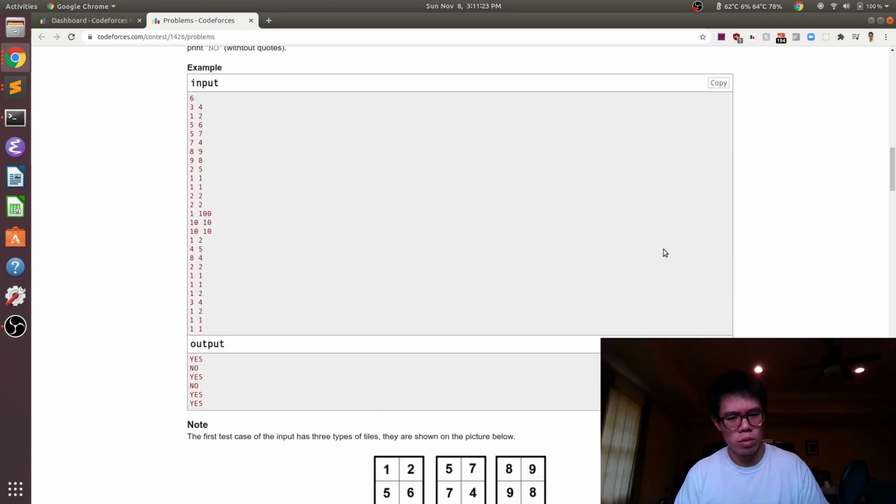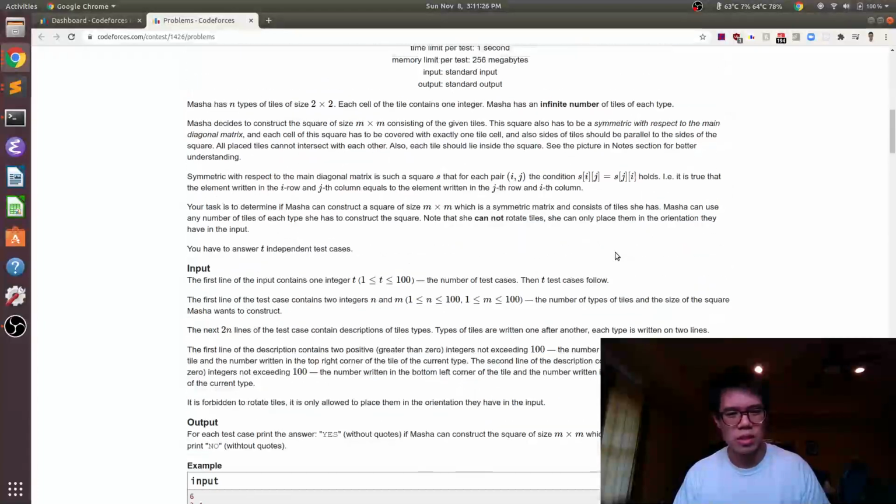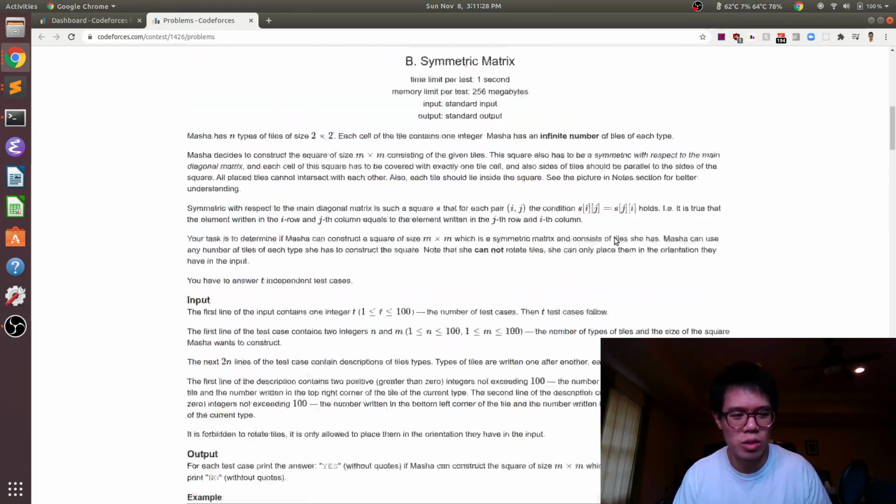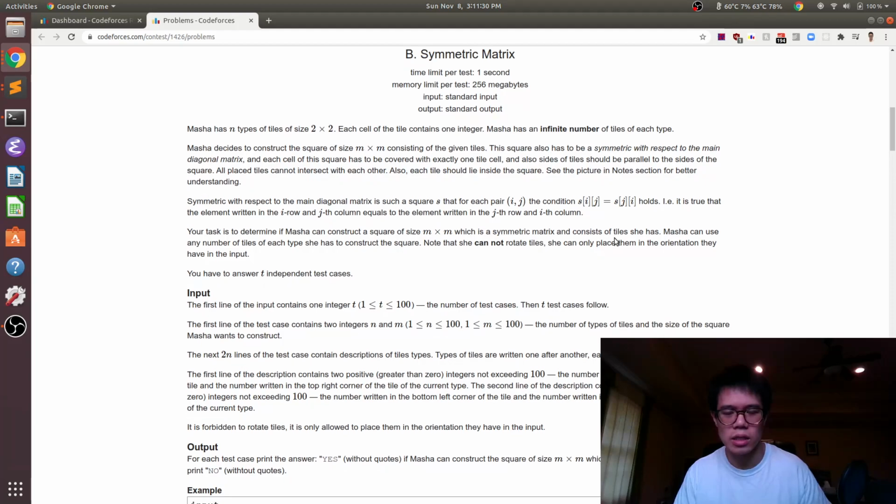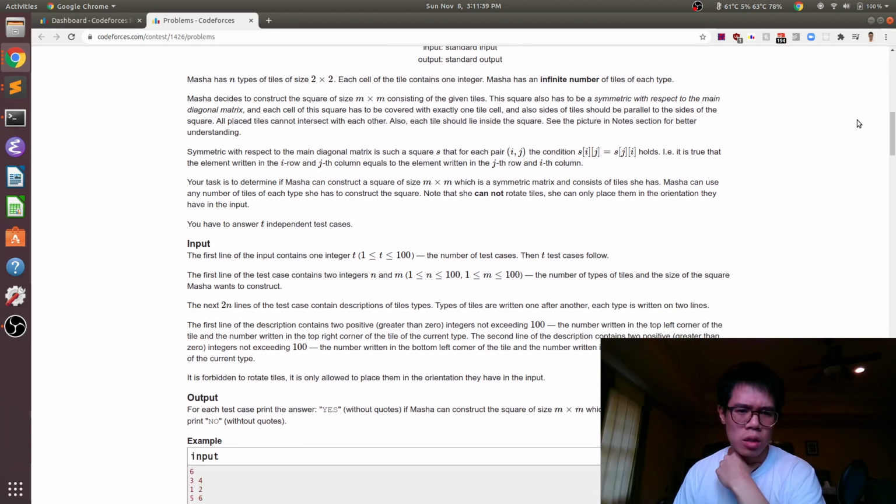Okay, so this problem is, so far it's mostly a reading problem. I'm still trying to figure out what the problem is asking exactly. So we have a bunch of different options of 2 by 2 tiles, and each 2 by 2 tile has 4 numbers, and we need to build an m by m square consisting of these tiles. It needs to be symmetric with respect to the main diagonal.